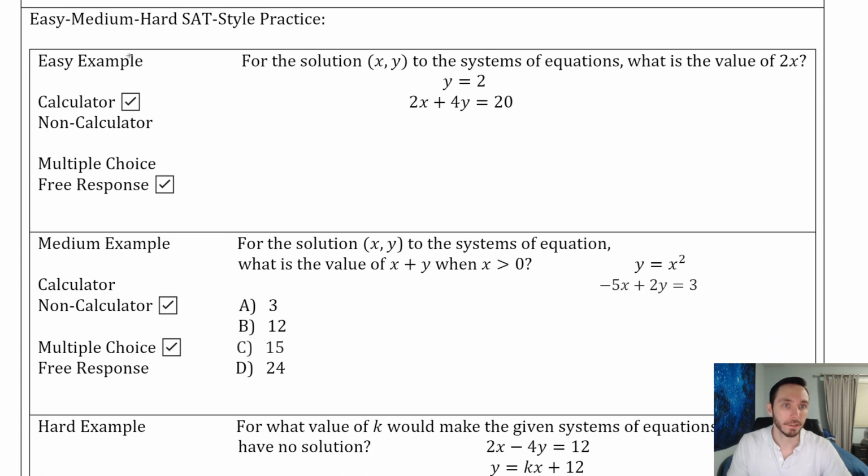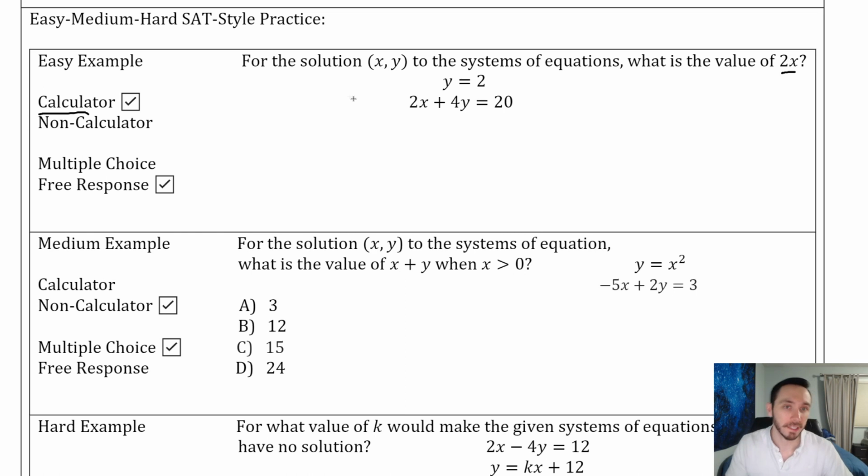All right, so next one up, easy example, calculator for response. Calculator could be a bait. So I see here the solution x comma y to the system is the solution to the system of equations. What is the value of 2x? Okay, so what I could do is I can find the point of intersection, and I would get an x value and then plug it back in for x in the expression 2x, so double it, and that would be my answer. Okay, and if you want to do it the extra super slow way, you'd use a calculator,